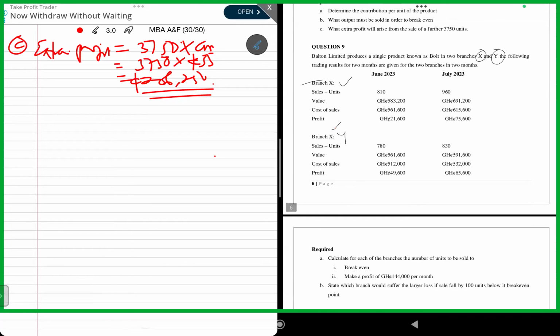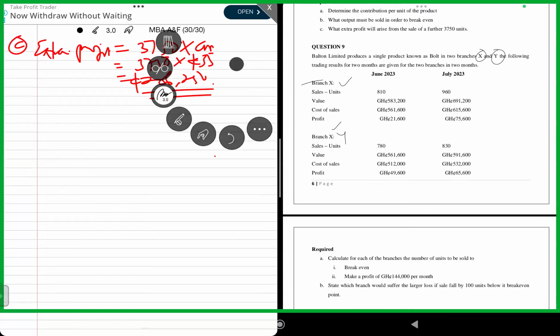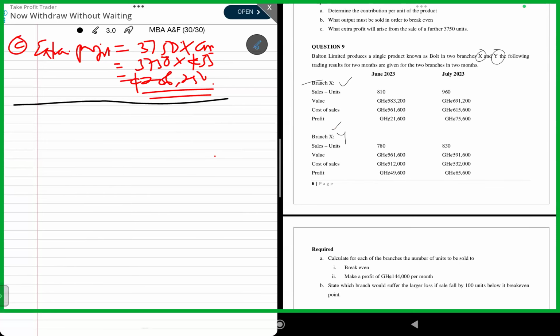In 2 branches X and Y, the following trading results for 2 months are given. Branch X, June 2023: sales in units 810, value 583,200, cost of sales 561,600, profit is 21,600. In July 2023 for branch X,